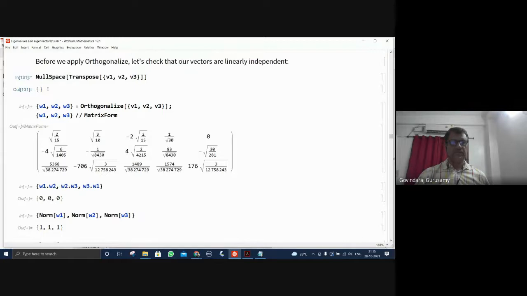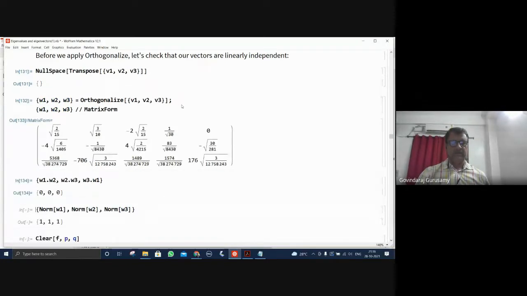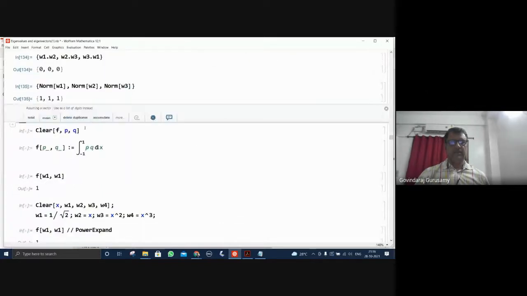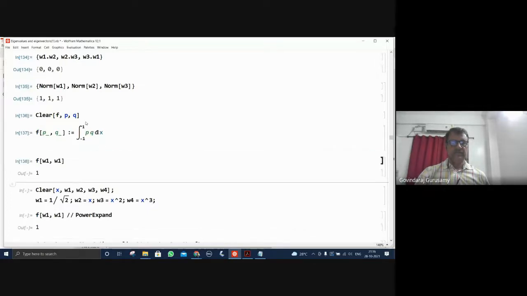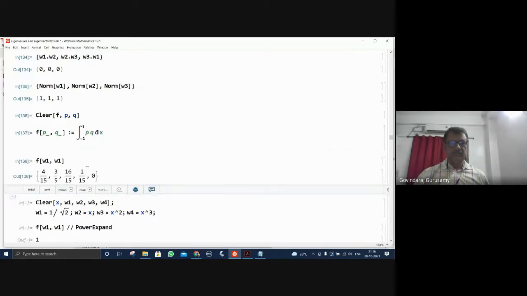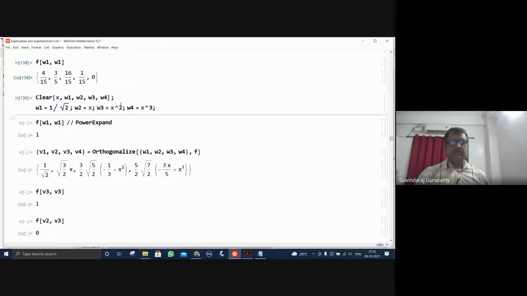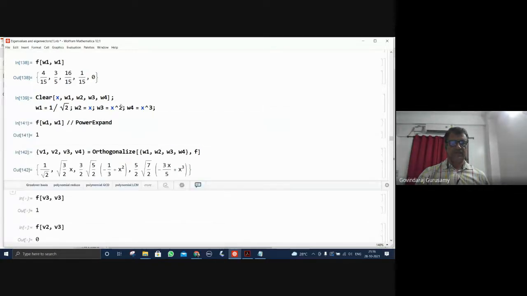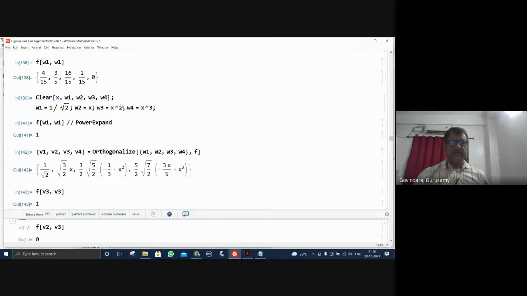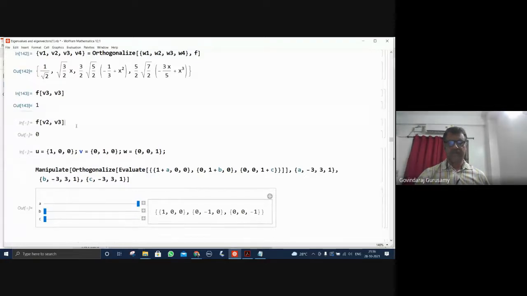So we just try here, null space enter. We try to orthogonalize this. Okay, norm is 1. Then you go ahead with this. If it is functionalized with this integral form, I think this W1 has not been functionalized, and with this we proceed now. Now it is being normalized with functions. And this is the functional form. V3 is normalized. V3, V2 is orthogonal.